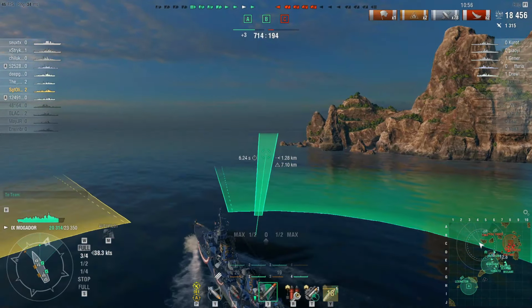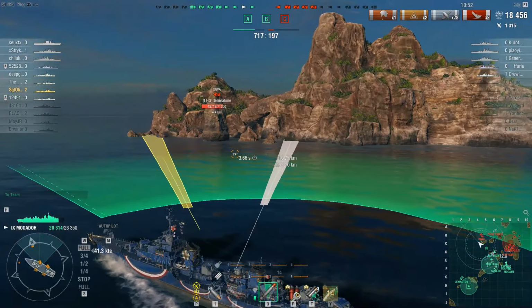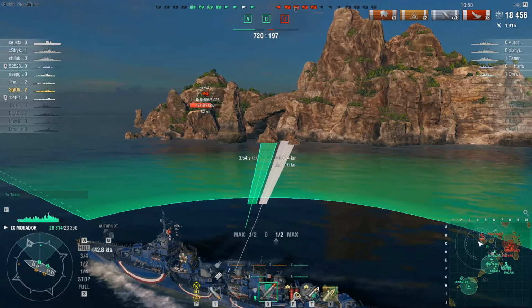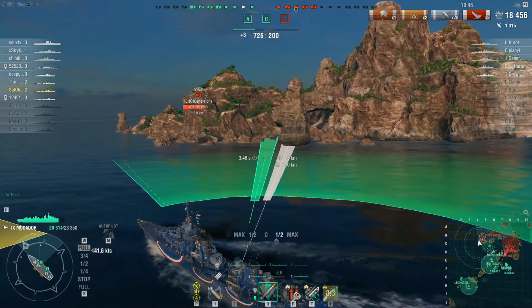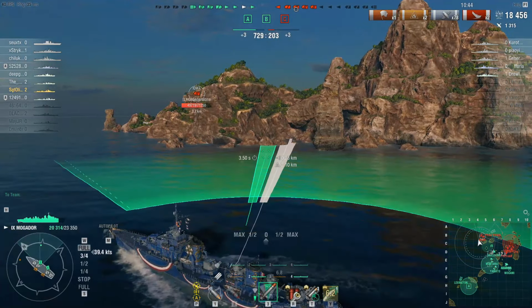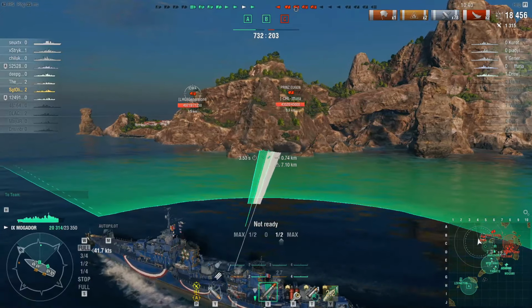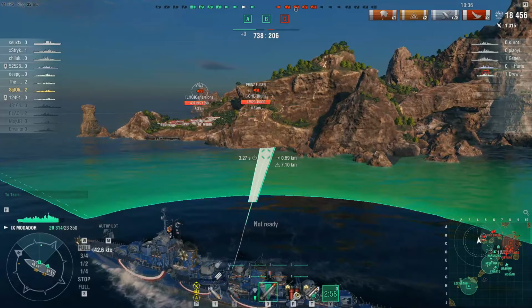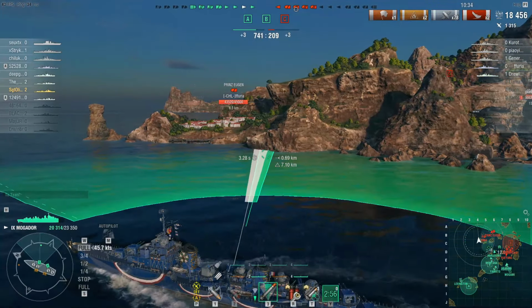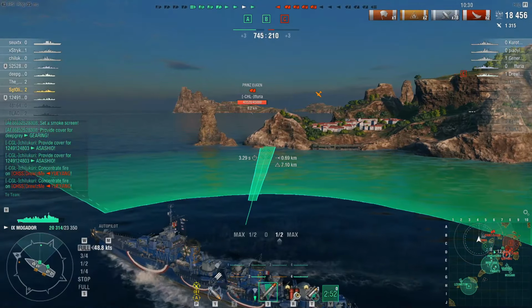I was surprised to not see the Iowa yet, but it looks like he did turn into the island. Looks like he's going to try to readjust. He didn't want to put himself broadside to all of our ships. He's going to try to kind of curl back to his team a little bit, which is perfect for me. Even though I am going to put myself in the position of being shot by the Prince Eugen, I do have speed boost coming up, and that's going to make me incredibly hard to hit. You'll see how quickly I accelerate here. As soon as I'm spotted, I put some torps down